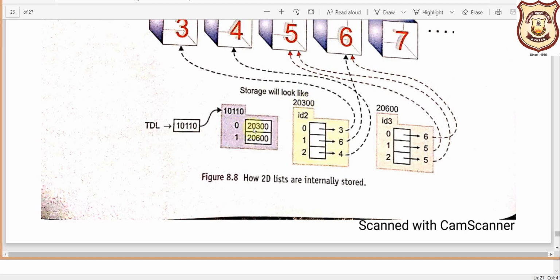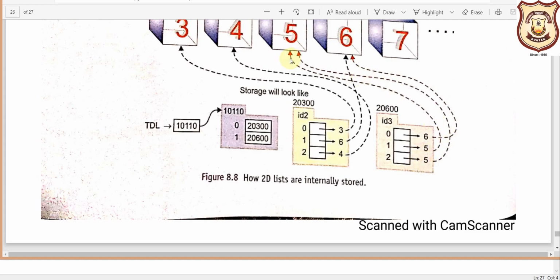Like this 0 is pointing to id2, but id2 is actually on this address, so it is pointing to this address, and 1 is pointing to this address, okay. You can see this 1 is pointing to this address, that is referring to id3, right. And in this id3 the values are not directly stored, so this 0 is pointing to 6, and 6 is stored here, right. Similarly, this 2 is pointing to this location in id3, where this 5 is actually stored.